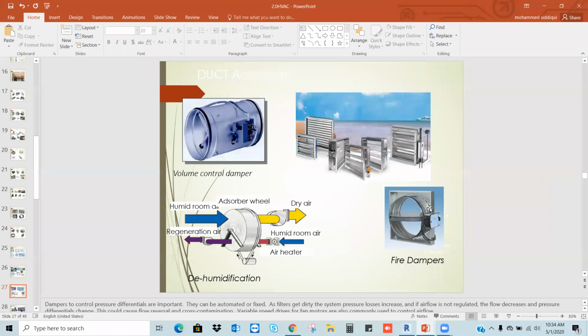Wherever we get a fire rated wall, architects may understand very well what fire rated is. Let's say, for example, a duct is crossing through the fire rated wall. Wherever a duct crosses a fire rated wall or slab, we should use the fire damper. If some fire accident happens, this damper will automatically close the air conditioning system. It will avoid supplying the air to the different locations. So to avoid the circulation of smoke within the buildings, we use the fire dampers.